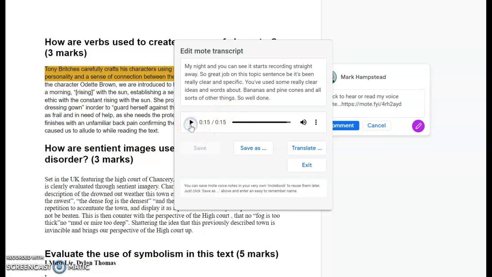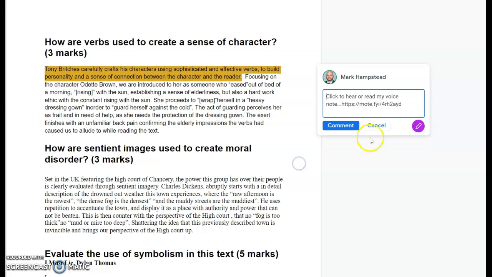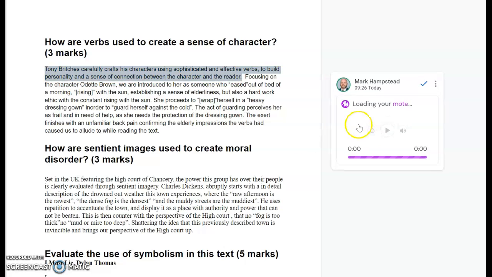So you can see there that it translates it and transcribes it into text, so you could actually copy and paste that if you wanted to use it for your assessment task feedback, or you could copy and paste it into the private comment field on the right hand side, or you could delete it and start again. So I'm just going to exit, and if I go comment, then instantly the kid gets the comment,